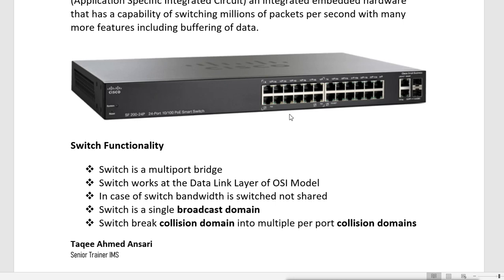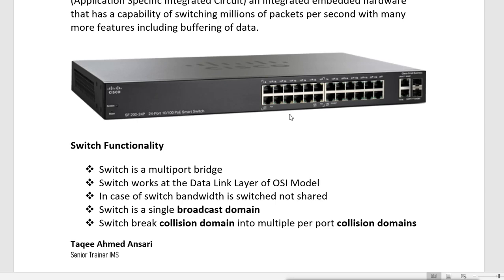But if a machine wants to do a broadcast, then the switch will broadcast and the packet will reach every other port in the switch. That's why it is called a single broadcast domain.